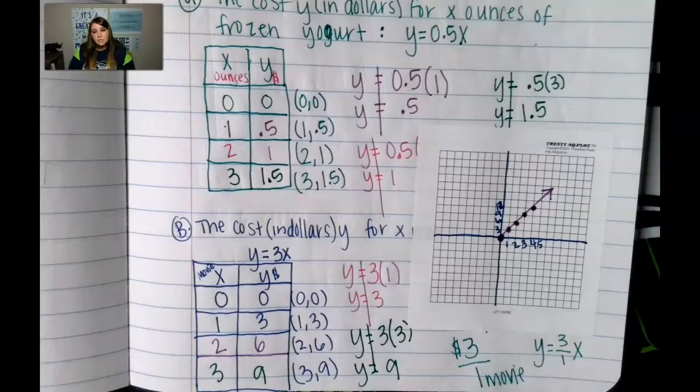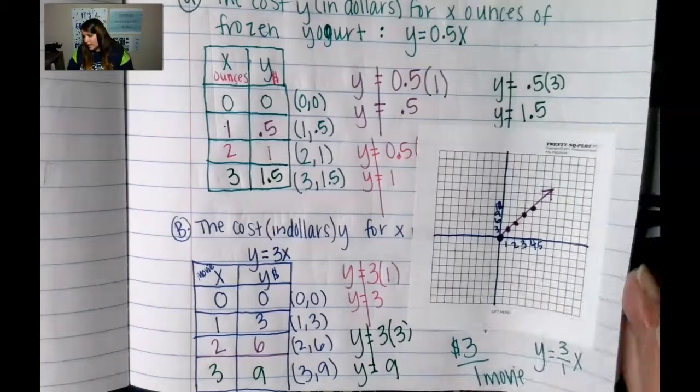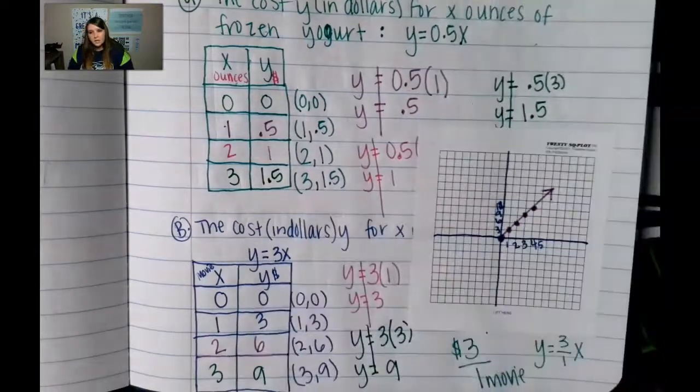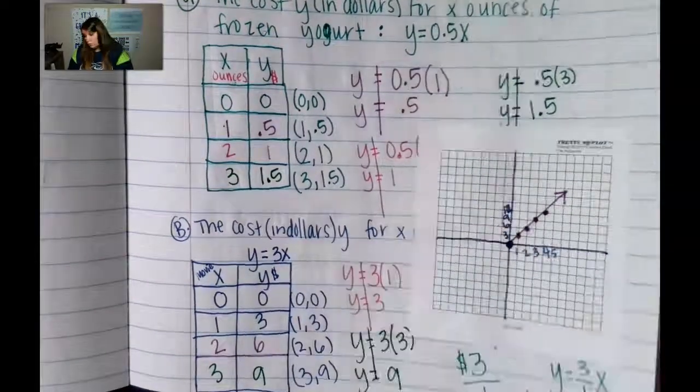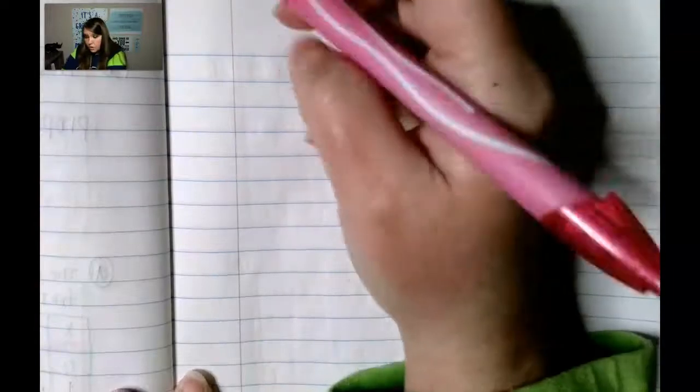All right, it is your turn now to do a try it. So I'm going to go ahead and turn the page so that you have room to do the try it. Okay, today's try it says that the cost of video games to rent is $4 for every video game. So we are going to write